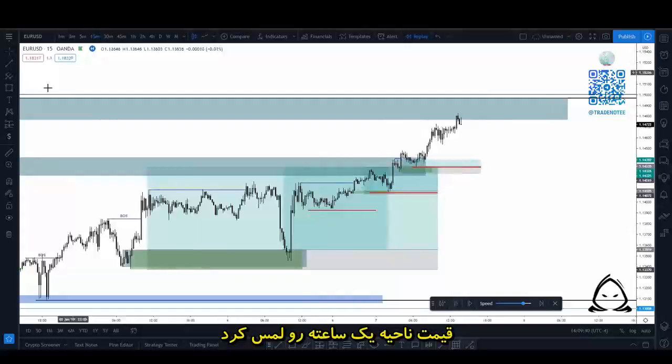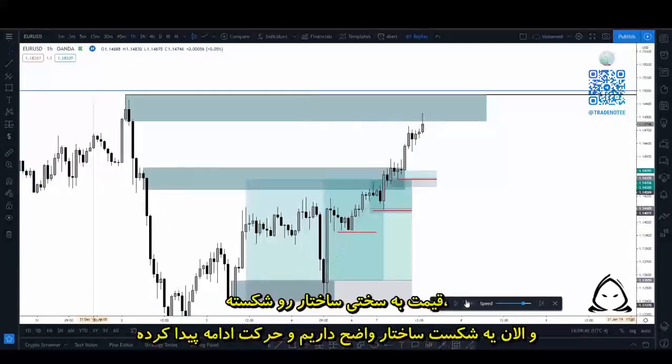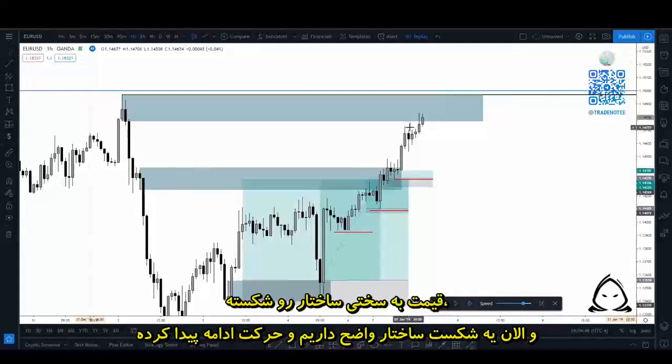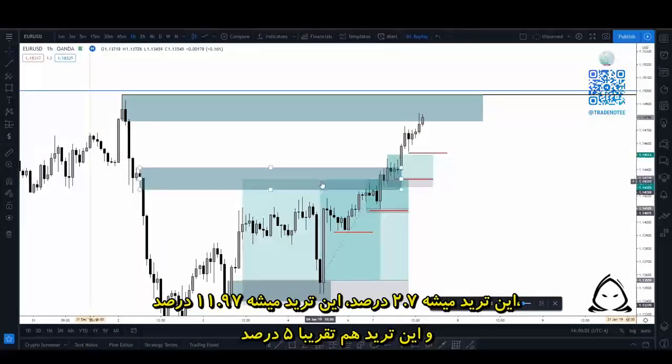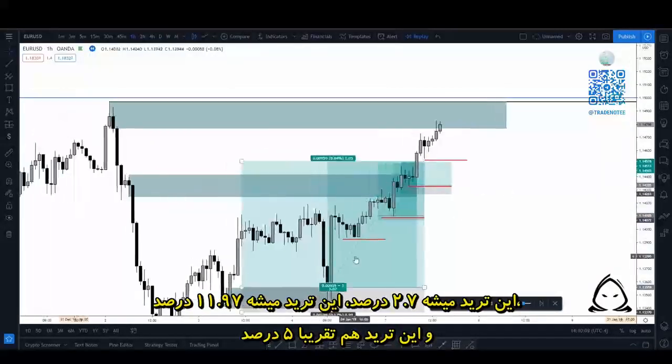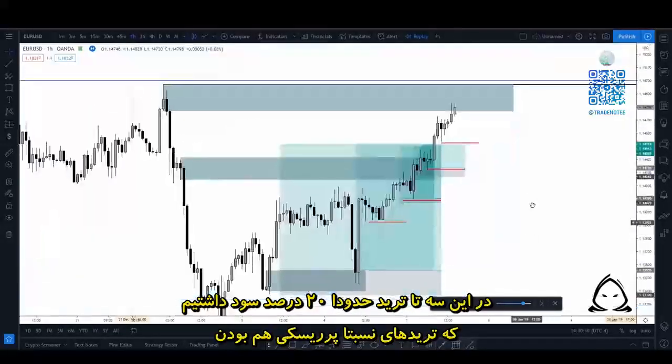See, we've tapped into the 1 hour zone that we looked at earlier, and we can see that we have just barely broken structure. Let's see, so now we have a clear break of structure and a continuation on that, so we can again just move our trade under the low here, so we can lock in this trade to about 2.7%, this trade to 11.97, and this trade to roughly 5%. So we have roughly 17, about 19, almost 20% running on these 3 trades,